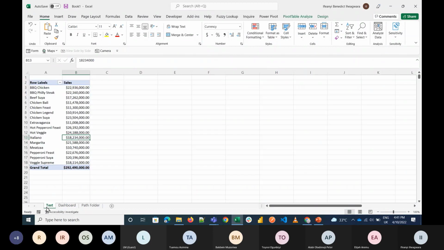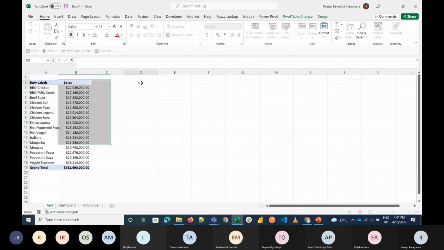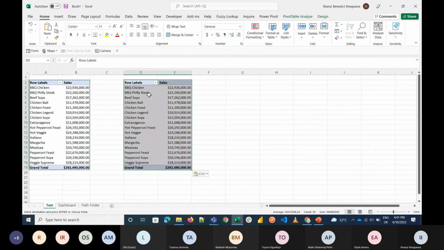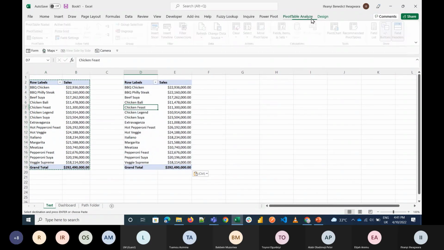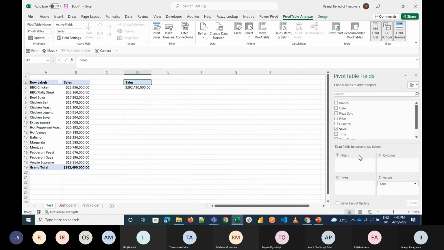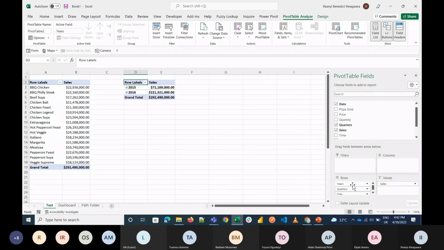I want to make another chart. So I can just copy this and paste it here. Then I can go here and click on my filter. So I put the pizza sold, and I'm putting the date. So the date automatically